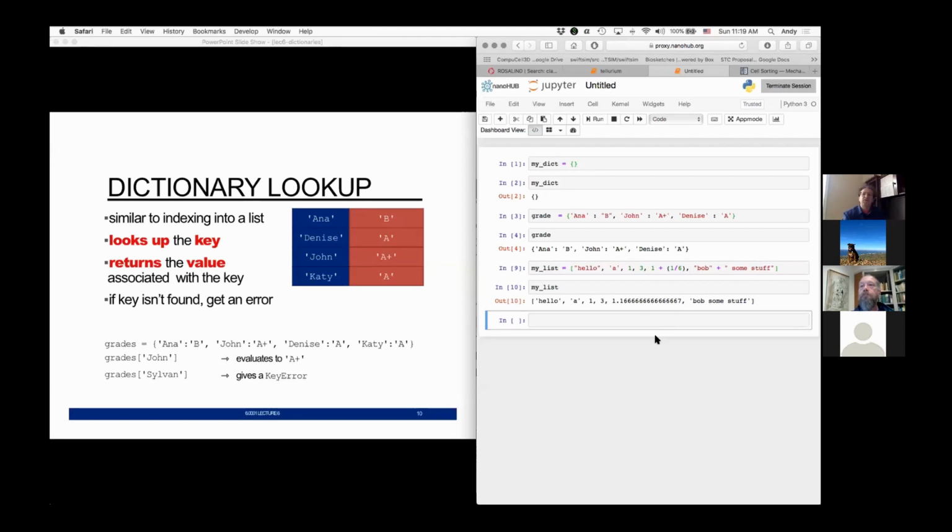What's going on there? Why is it that I type in this expression and I have these funny little things